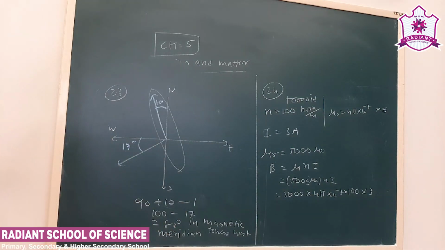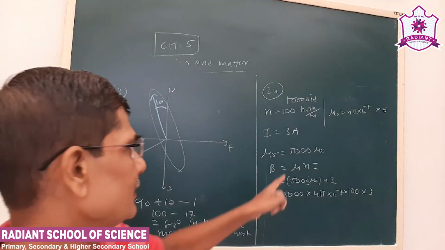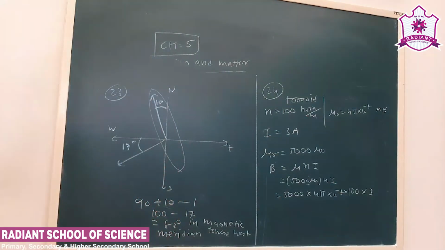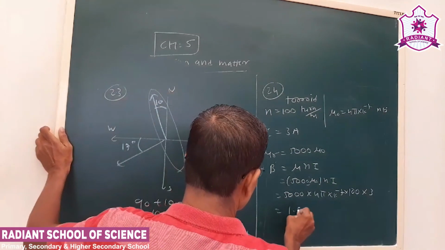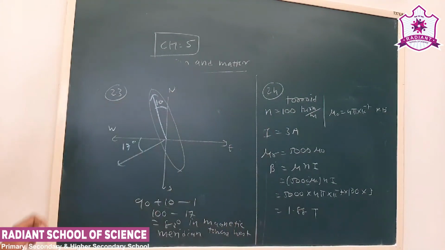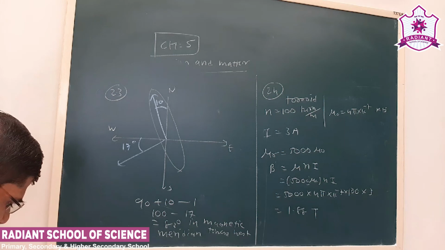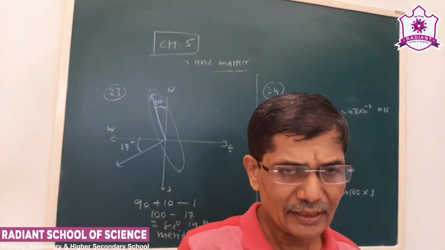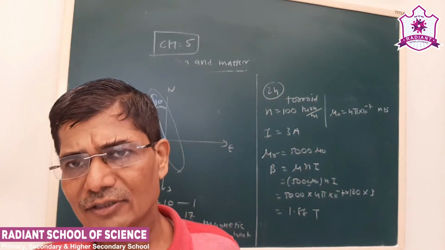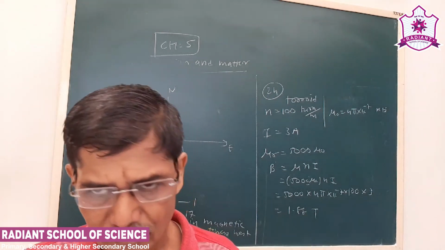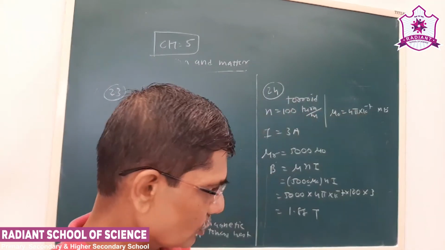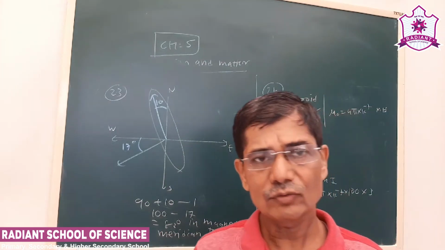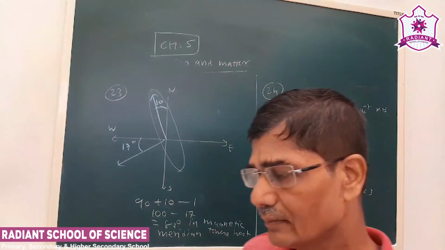Okay, so we have used the formula for the toroid, B is equal to mu n I. See, n is given as turns per meter, so that's why we are using it directly. So if you solve this, it will be 1.88 Tesla. Okay, now as we have discussed earlier, these are some basic MCQs which use the equations we used in lesson number 5. So that will be useful to us in solving other MCQs.